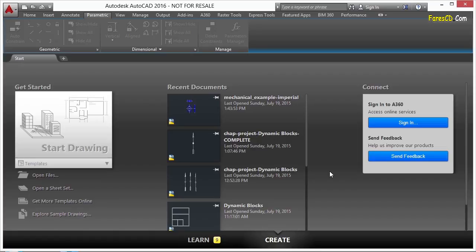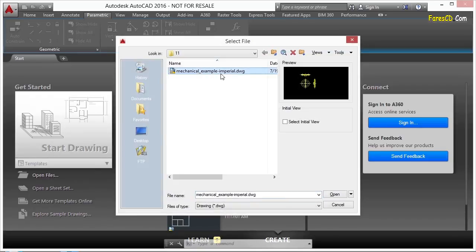When a dimensional constraint is defined, it's displayed in the parameters manager. There you can change the value or you can add what's called a formula. Well, let's open up our example file. Look at the mechanical